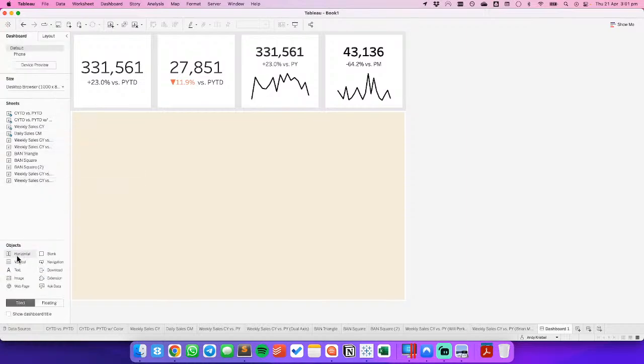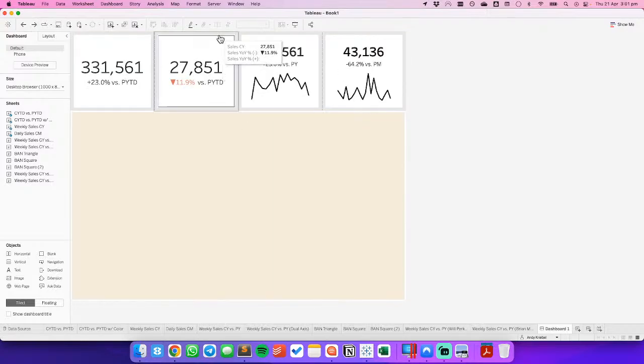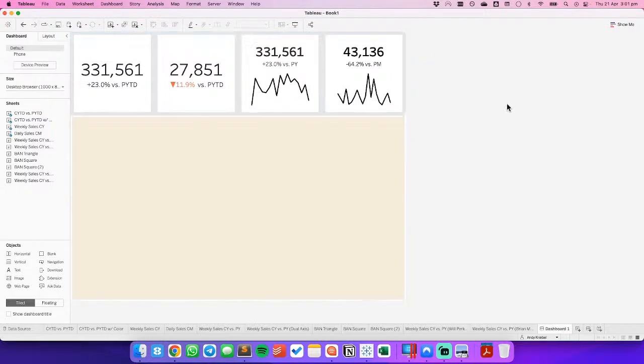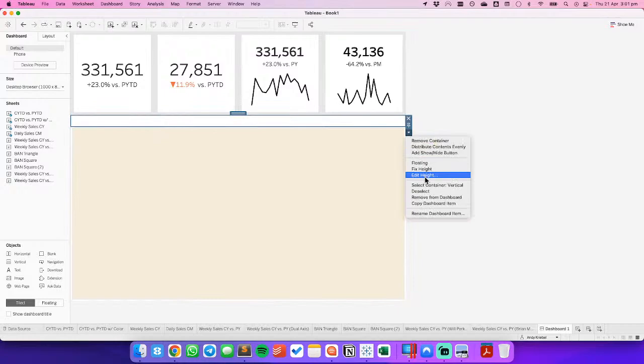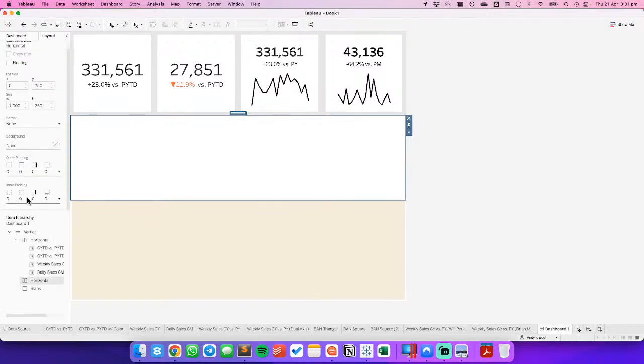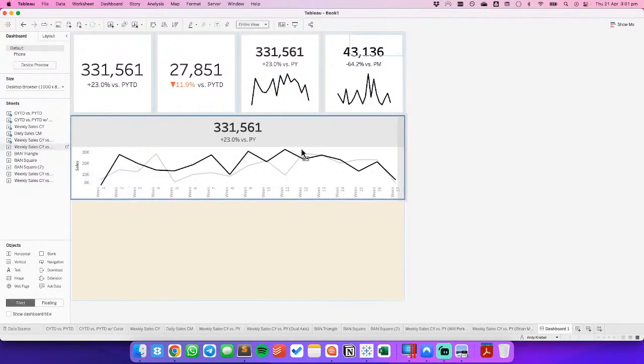Let's bring in another horizontal container below that one. Oh, that was nice. So let's fix the size. So let's edit the height. Let's make it 250. All right, and then I'm going to bring in another container. And let's edit the height, make it 250. And we set the background to, I think, gray. Is that right? Yep. Is that the same color gray? No. Okay, anyway. So now we want to bring in maybe this one and this one,